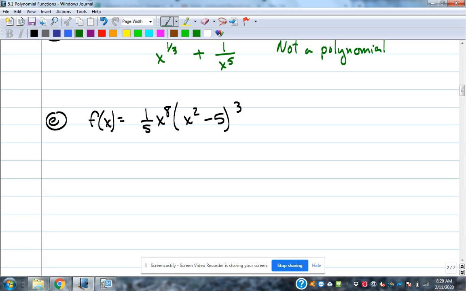Are there any negative exponents anywhere if I multiplied it all out? No. So that seems to fit the bill for being a polynomial. And now the fun part, what's the degree? No. If I multiply